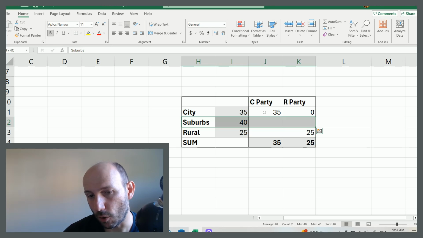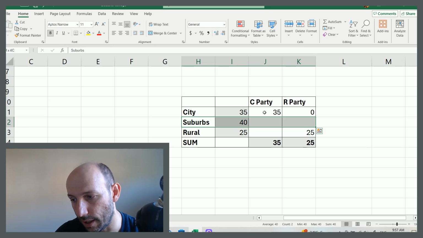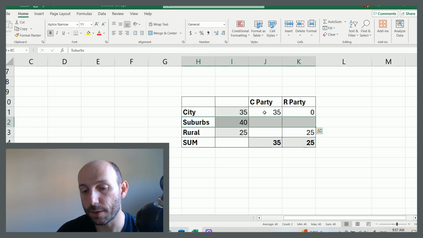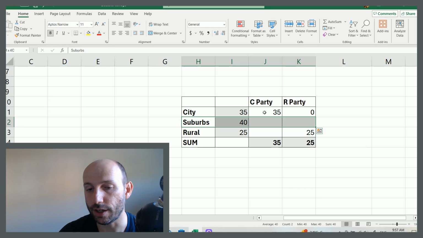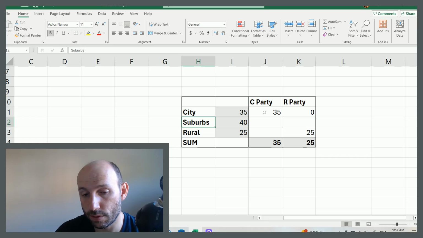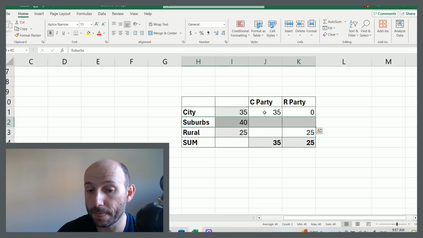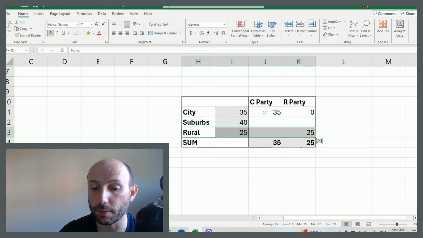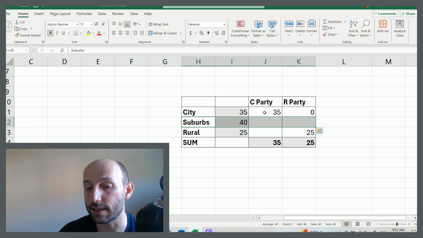Okay, and now we're going to go back to our original predictions that we made at the start here. So the presence of an electoral college forces the political parties to have a strategy that favors the suburbs. Remember, the suburbs, based on our assumption here, are going to be in support of some sort of compromise on political issues, because political divides are mostly between city people and rural people, and the suburbs are in the middle, right? So if political parties are competing over who pleases the suburbs more, well, then they're also forced to think of some compromise on the political issues that the suburbs would prefer.